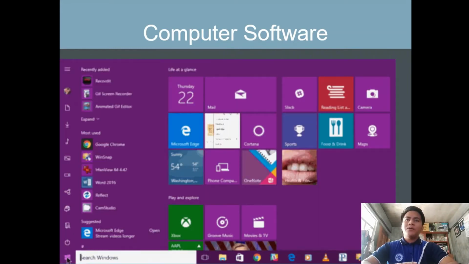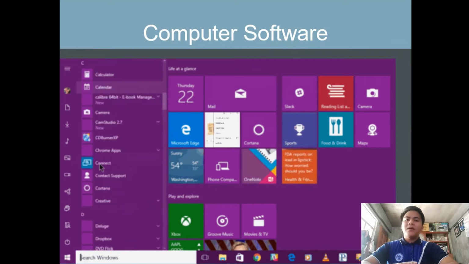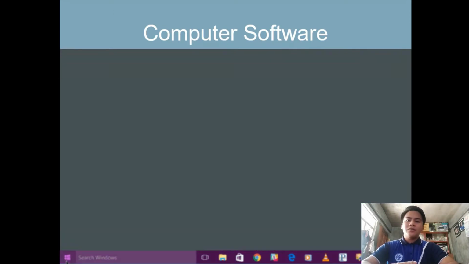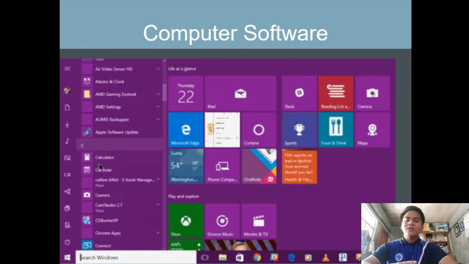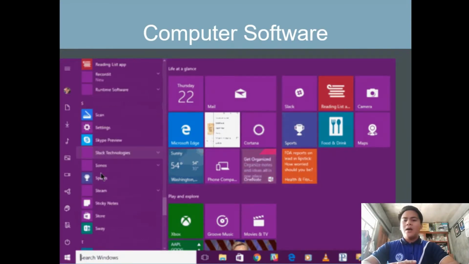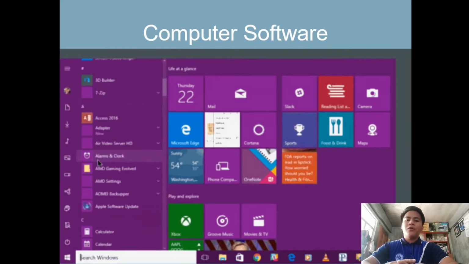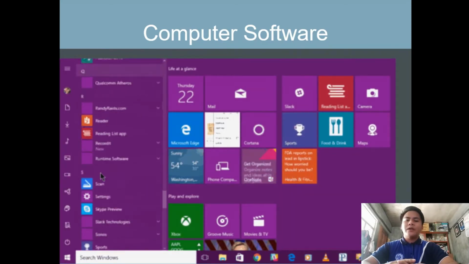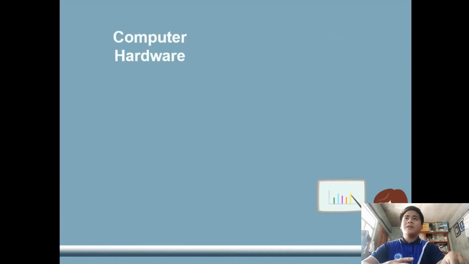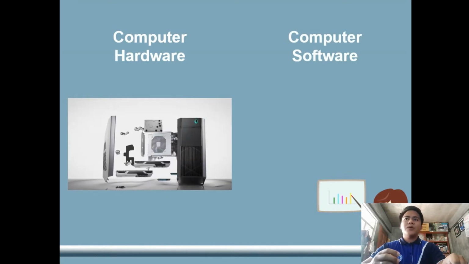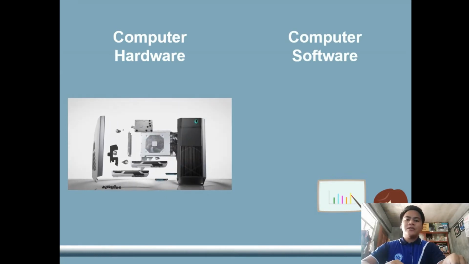Let's say for example, yung mga operating system, and of course the application software, which is the Microsoft Word, Microsoft Excel. So ito yung mga hindi natin pwedeng hawakan. Okay? So those are the different example of computer software. Okay? Now to sum it up, we have discussed the computer hardware in a week number 4 and computer software, which is we are going to discuss for this lesson.